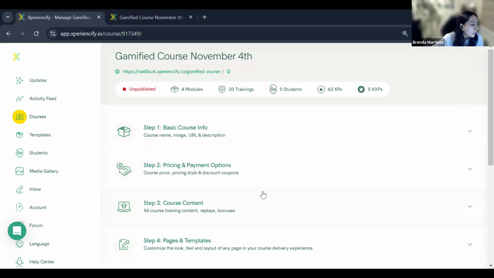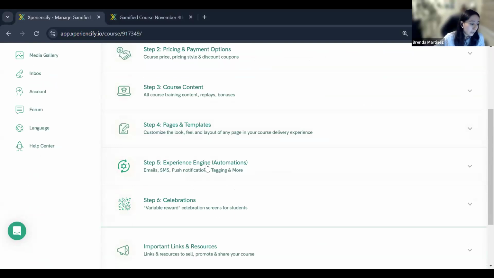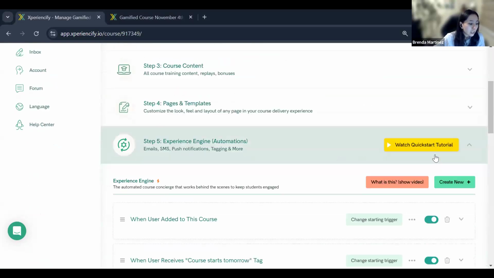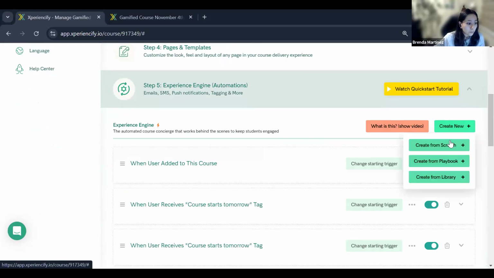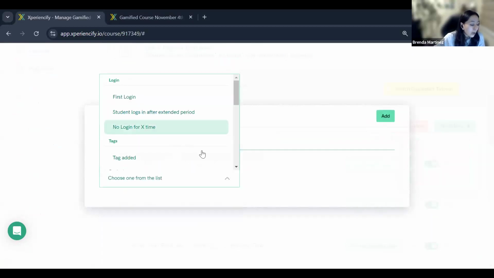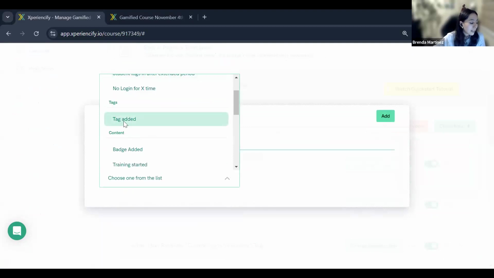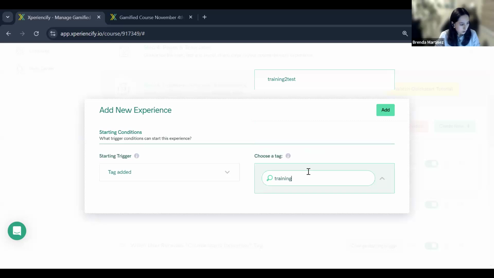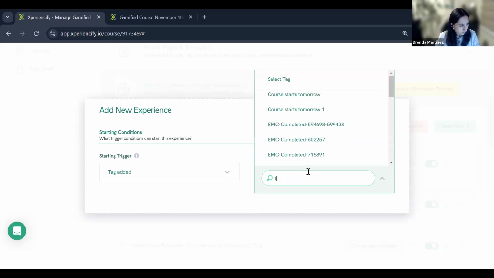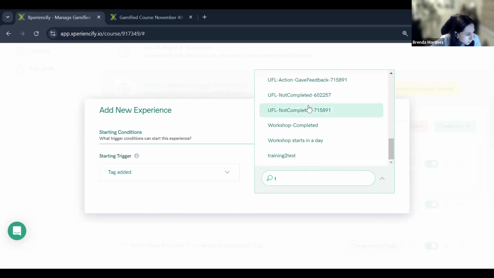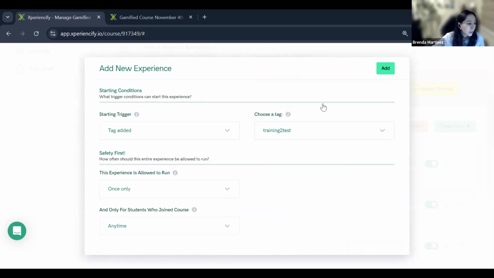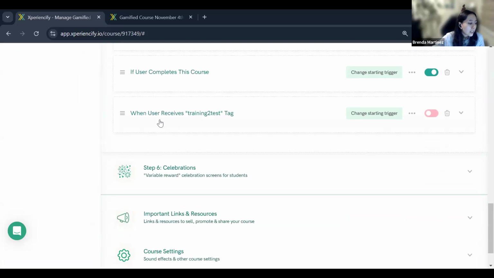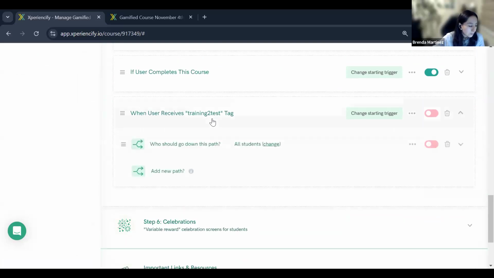So, okay, what you need to do now is to go to step number 5, where it's your experience engine, and create a new experience from scratch. And what you need to do is to add a tag, right? The trigger will be if a tag is added, because we are going to give training to a tag. So if a tag is added, what tag? The one that we just created, that would be training 2 test. There we go. So that's my experience. When a user receives this training 2 test,